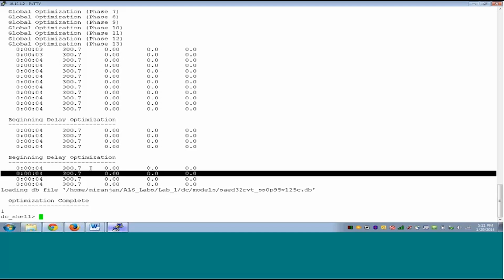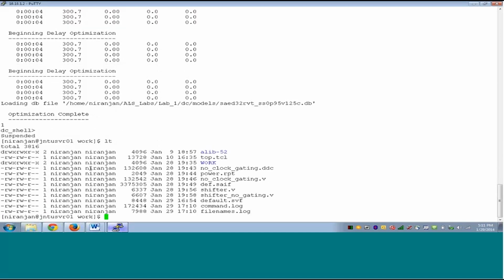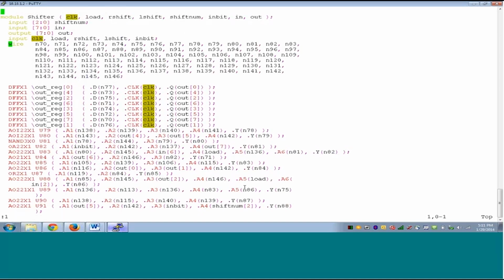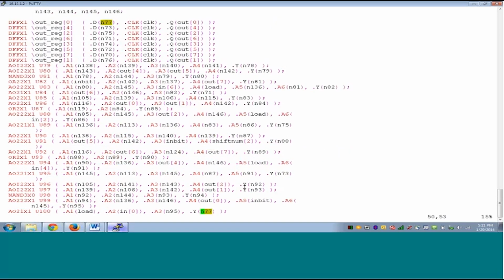And do we have the Verilog already written out? Yeah, so I've already written out the Verilog to save time. Let's open this Verilog. So there is a shifter, no clock gating. This first. So this is the shifter. These are the 8 registers, 0 to 7, and the clock comes directly. No change in the clock. All the logic goes on data. The output simply comes out of Q, right? So these are the outputs that come out of Q. Data gets all the combination logic. All these data inputs get all the combination logic, and the clock goes directly,